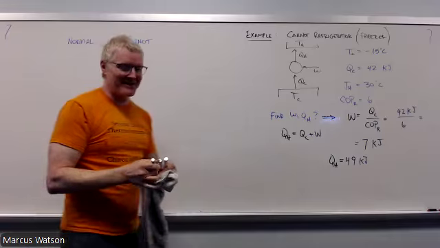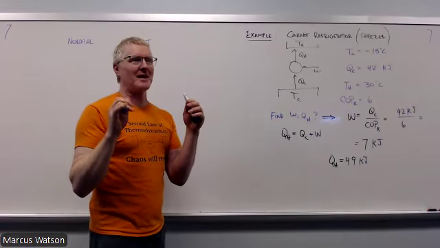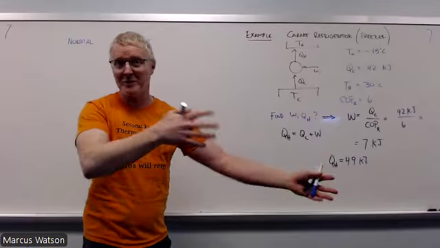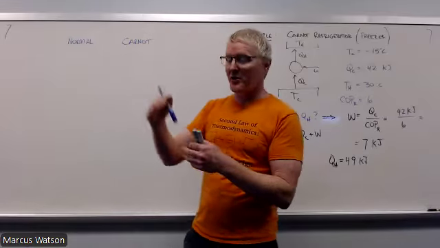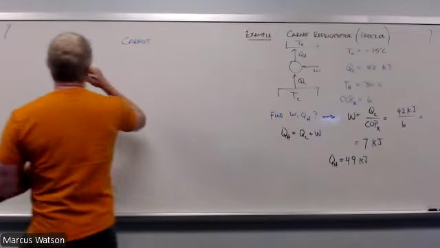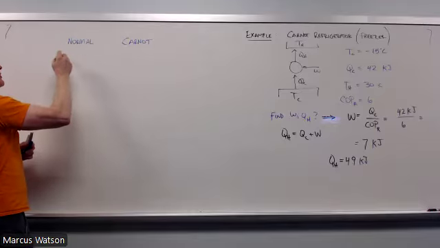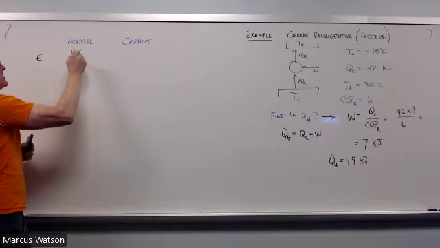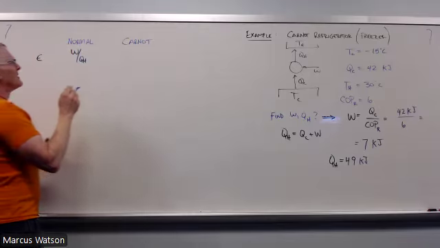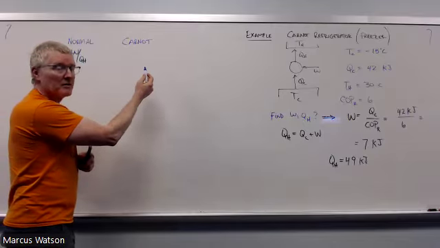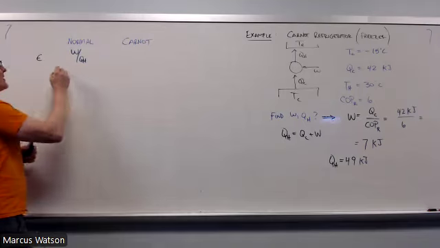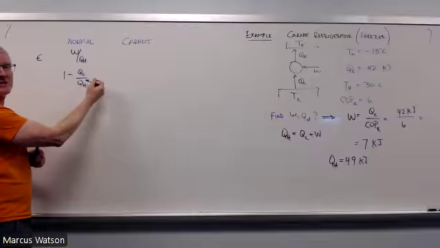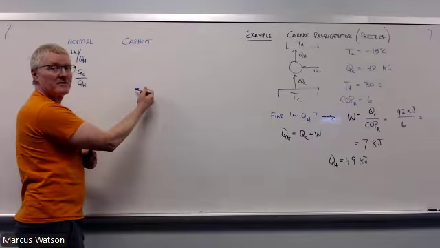So I want to just do a quick comparison of some of the things that happen when you take a regular heat engine like the ones that we would make, and you compare it to a Carnot. All right, so everything that's true for the normal one, for example, the efficiency, work divided by QH for a heat engine, would still be true for the Carnot cycle, okay? It would still, QC over QH. This would still work for the efficiency of the normal one, and it still will work for the efficiency of the Carnot one as well.